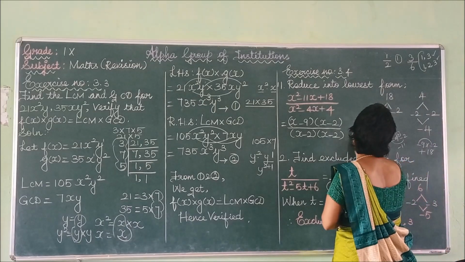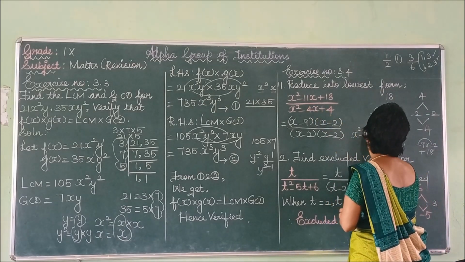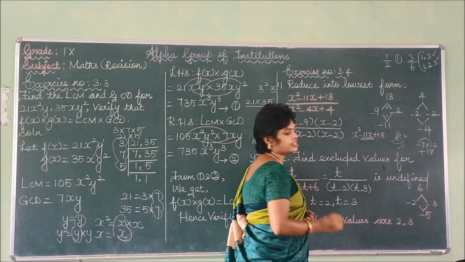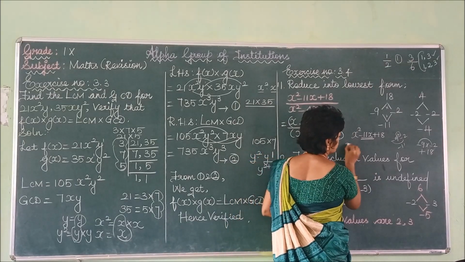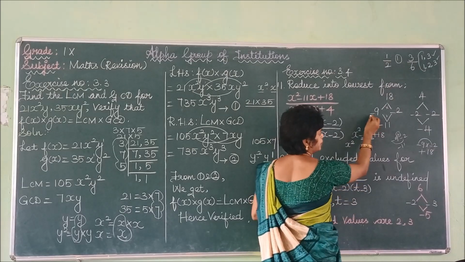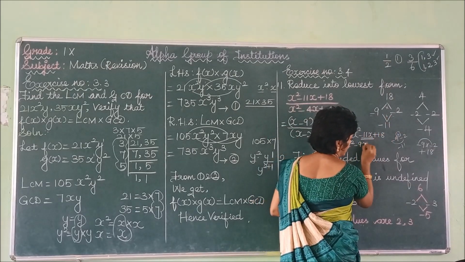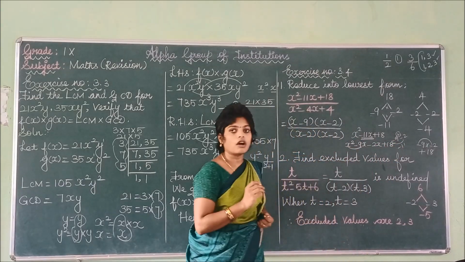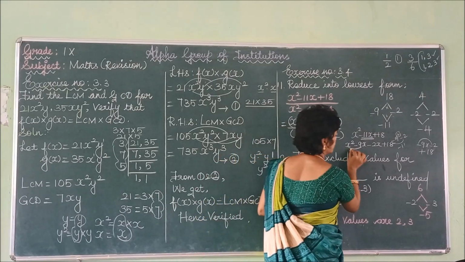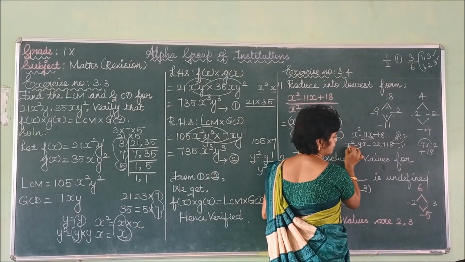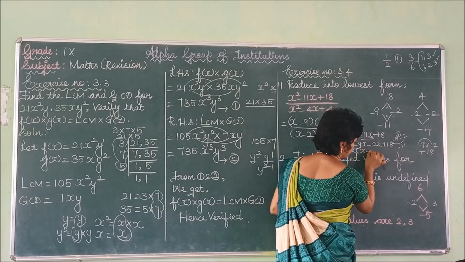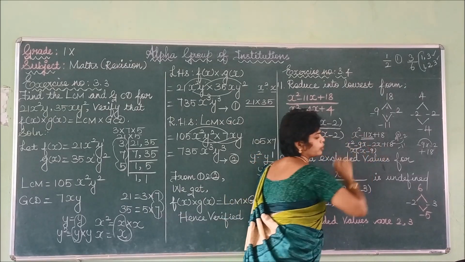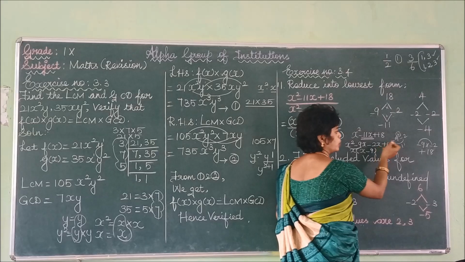Another way is as follows. Write this question: x squared minus 11x plus 18. Now we have to change the coefficient of x only. So write the x squared as it is. The coefficient of 11x can be split and written as minus 9x and minus 2x, plus 18. From the first two terms, what is the common term present here? x is the only common term, so x can be kept outside. What are the remaining terms here? x, and the sign is negative, the value is 9. In a similar way, now we are going to take the other two terms: minus 2x plus 18.